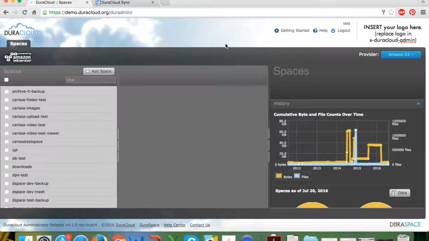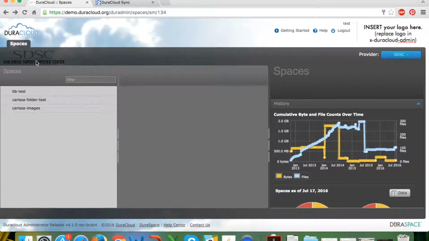As a DuraCloud customer, you can optionally have your account configured with additional secondary cloud storage providers, one or many additional secondary providers. And if you've done so, you'll see a provider pull down in the top right-hand side of your screen. Options include the San Diego Supercomputer Cloud Storage Center at the University of California, San Diego, Amazon Glacier, and Rackspace Cloud Files. To navigate to the content stored, for instance, in the San Diego Supercomputer Cloud Center, simply choose it from the drop-down, click on the name, and you'll see that now in the top left, the logo has changed,